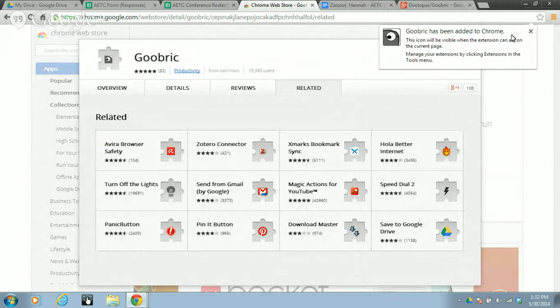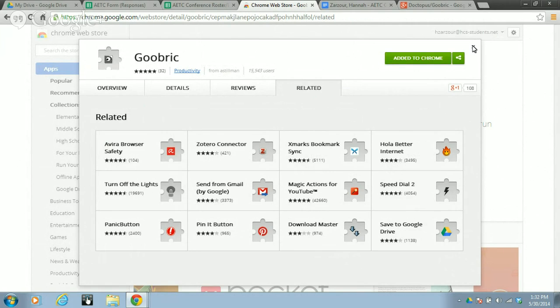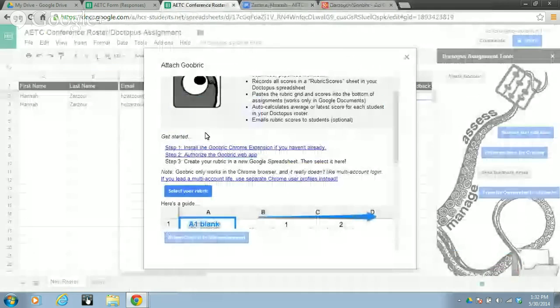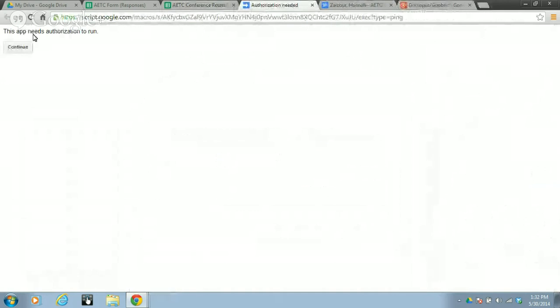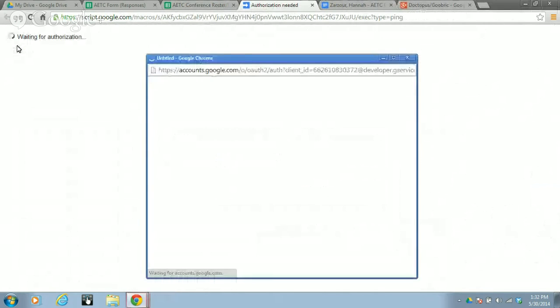Now you can't see him right now because it's only visible when the extension can act on the current page, which means that it's only going to be visible when you've attached a Goobric to something or when you're on a Google spreadsheet or a Google Doc. Okay, so you're going to go ahead and X out. We're done with that. And then our step 2 is to authorize the Google web app. The app needs authorization. You're going to click continue,